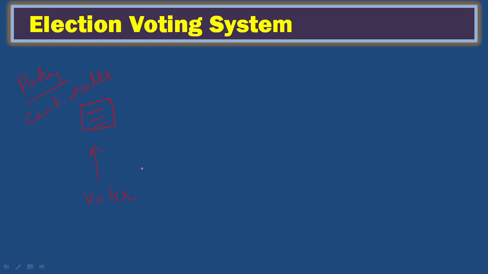Before the voter goes, there is an invigilator and an approver. They'll approve it, then the voter can go and vote. They can cast the vote. Once you cast the vote, that will go to the table. So that is a polling table, where each person's data will be stored. Based on that data, we can bring the result. So the result will be shown. We can get the result. Therefore, the election voting system will be implemented in this project.